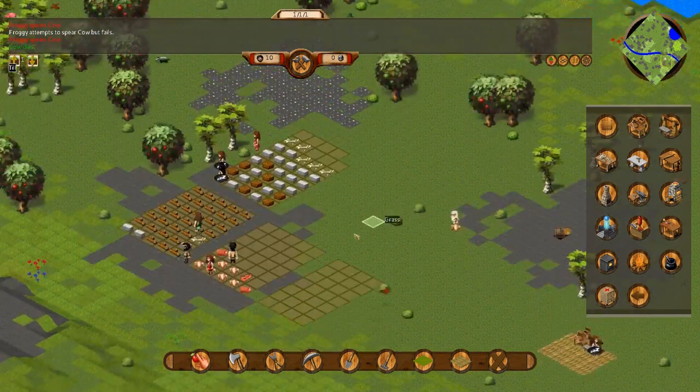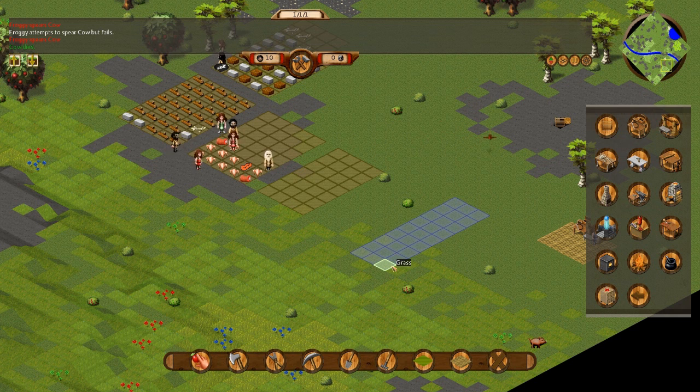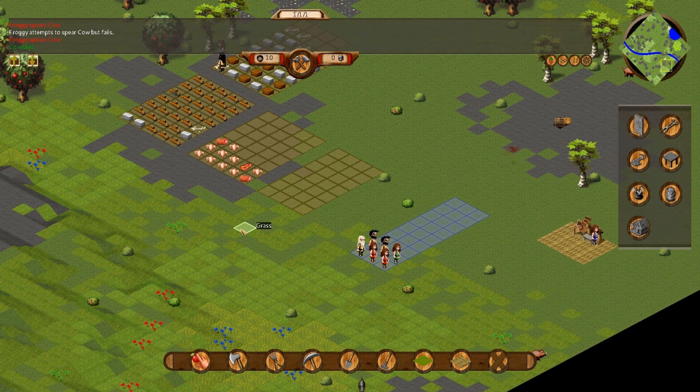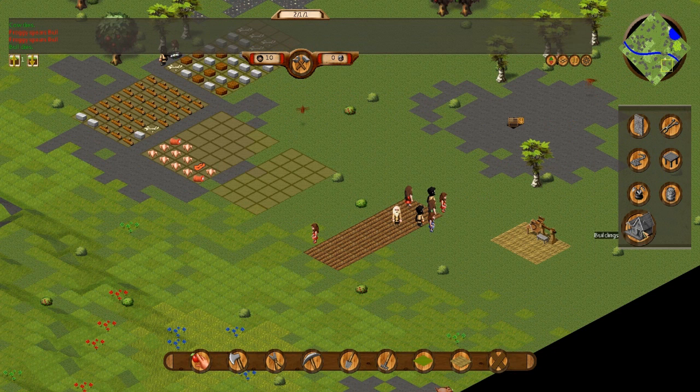I'll just make a simple 3x3. Okay, I'll just do a line of 3x3s, so there's going to be 3 crop fields. They're going to start tilling. I'll come back to you when they finish tilling. Okay, now that they've finished tilling, I don't think it's...